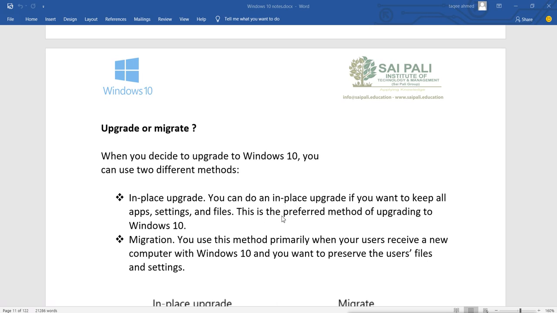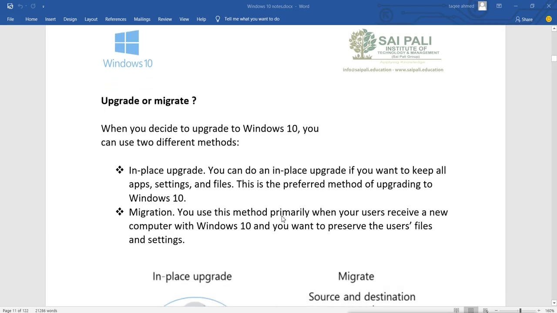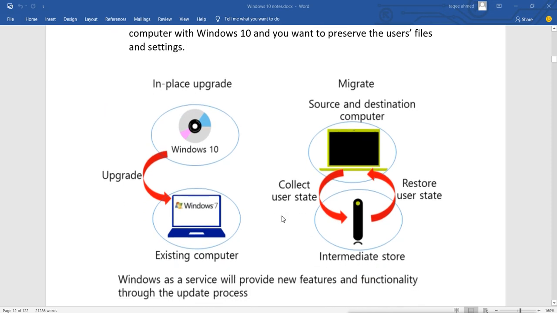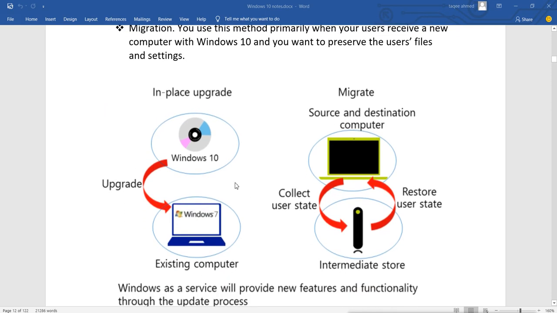But for doing the migration or the upgrade, upgrade is simple. You just insert the DVD, select the upgrade option, and it will upgrade. You don't have to do any extra steps to do the upgrading. You just have to take a backup for your security. Otherwise, you just select the upgrade and it will upgrade. But because the upgrade path is not supported, you will select migration.